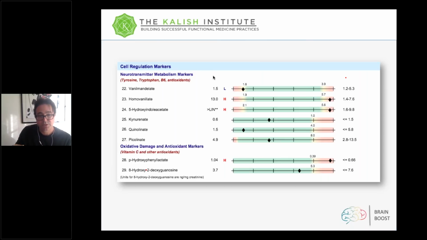My body was turning over serotonin at a rate that was actually above the detectable limits of the test. And that's not good. In order to have normal serotonin function, my body needed massive amounts of the precursors for serotonin that I was not supplying it. And so there's this connection between the stress response and the stress hormones and the stress response in the brain and our neurotransmitters, and they just kind of feed on each other.